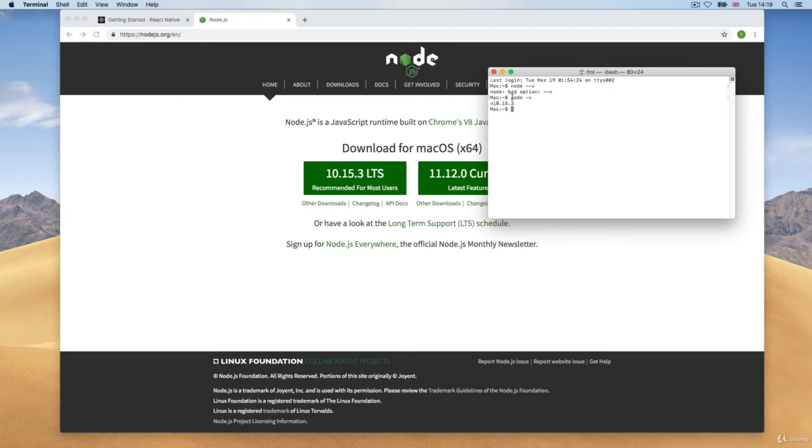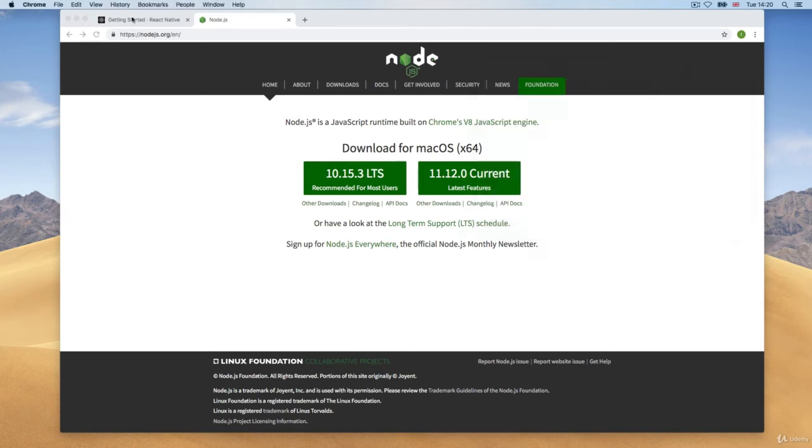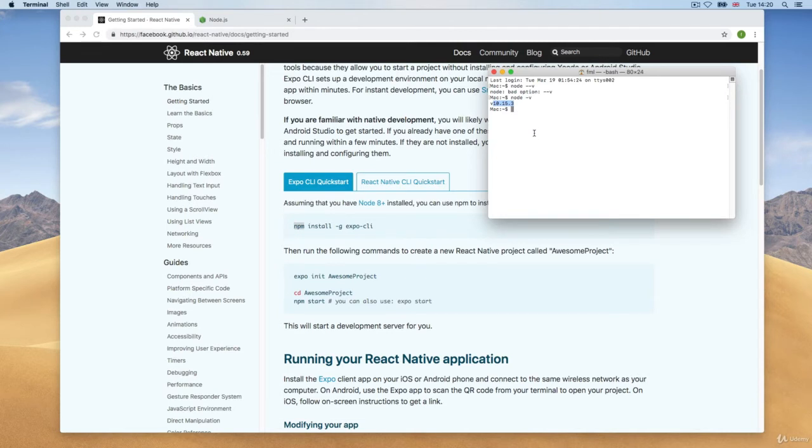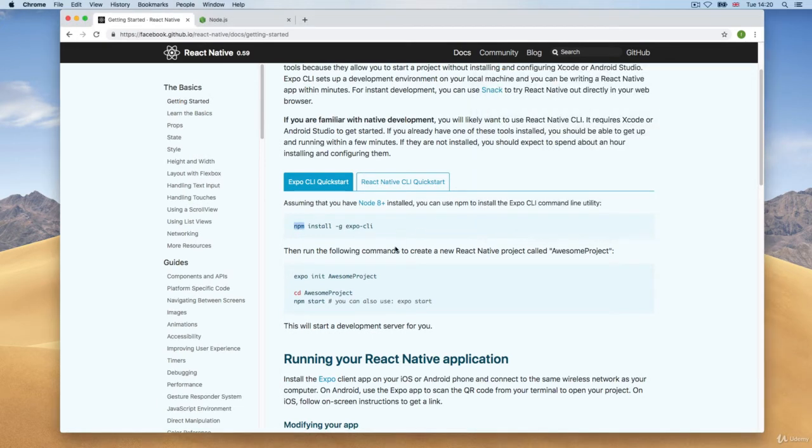So if you're doing node -v and you're getting this, it means that everything is okay. You can actually do this. Now, if you're not getting this, you most likely need to restart the computer and then try again. All right, so once you get this, your Node is installed in your computer, you will need to install the